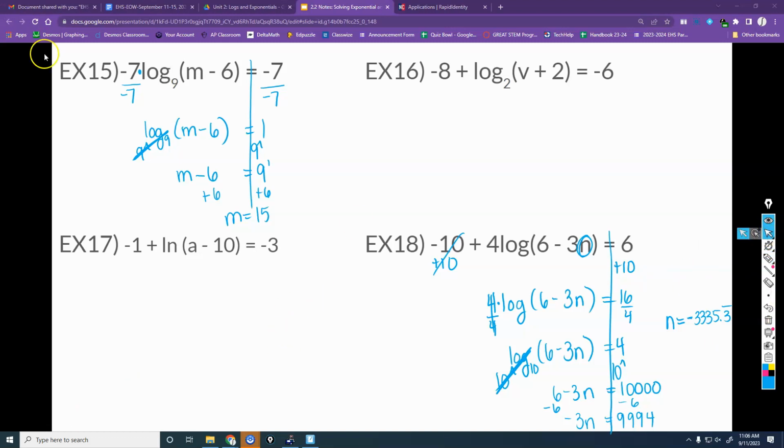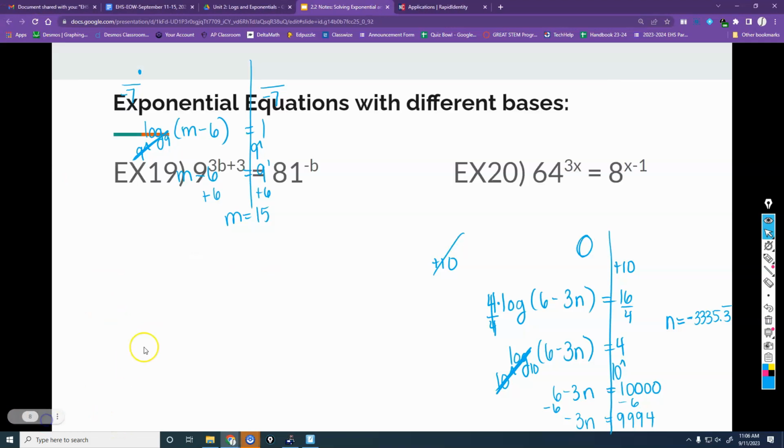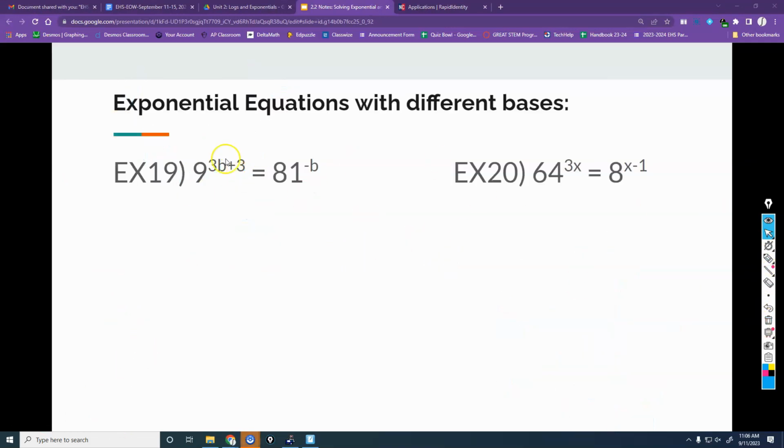There are 2 more that I did not give you. You guys see something like this? Like number 19? We don't know how to do that by hand because you have different bases on each side. And you can't do like a log 9 over here and a log 81 over here. You can't do that. If you do a log 9 to one side, you got to do log 9 to the other side also. So if you